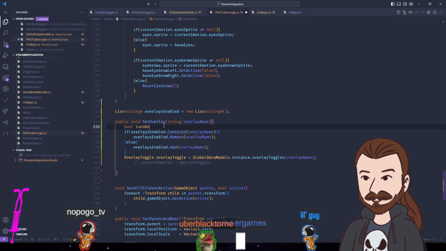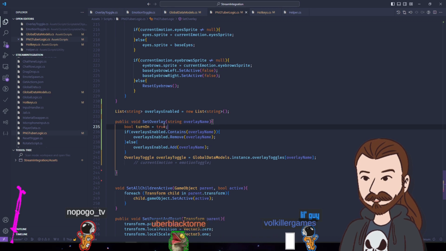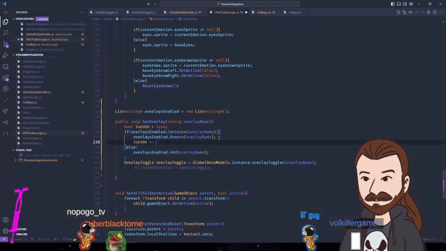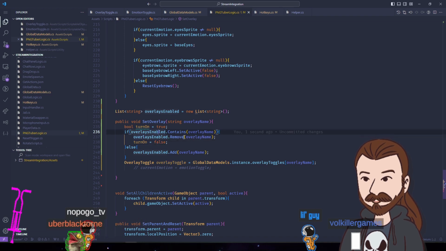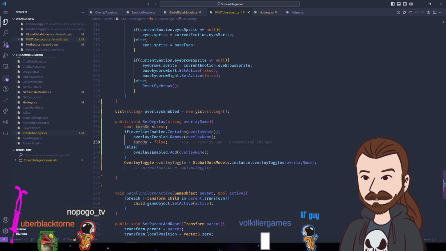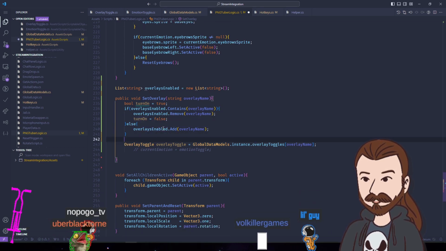Turn on is true, and then if it already contains overlay name, then we remove it and turn on as false, which then we need to